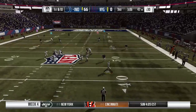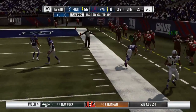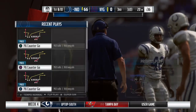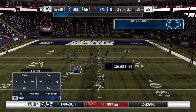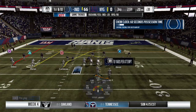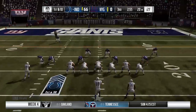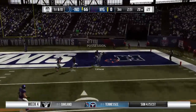Trying to shake off the interception. He'll look to throw. Oh, there's that man again. It's complete. And down to the 20 he'll go before heading out of bounds. A very solid gain of 27. Well, even after all those interceptions, he's not deterred, still confident to go deep at work there. I think all the old rules about playing that position still apply. If things go wrong, you still act like you're the...